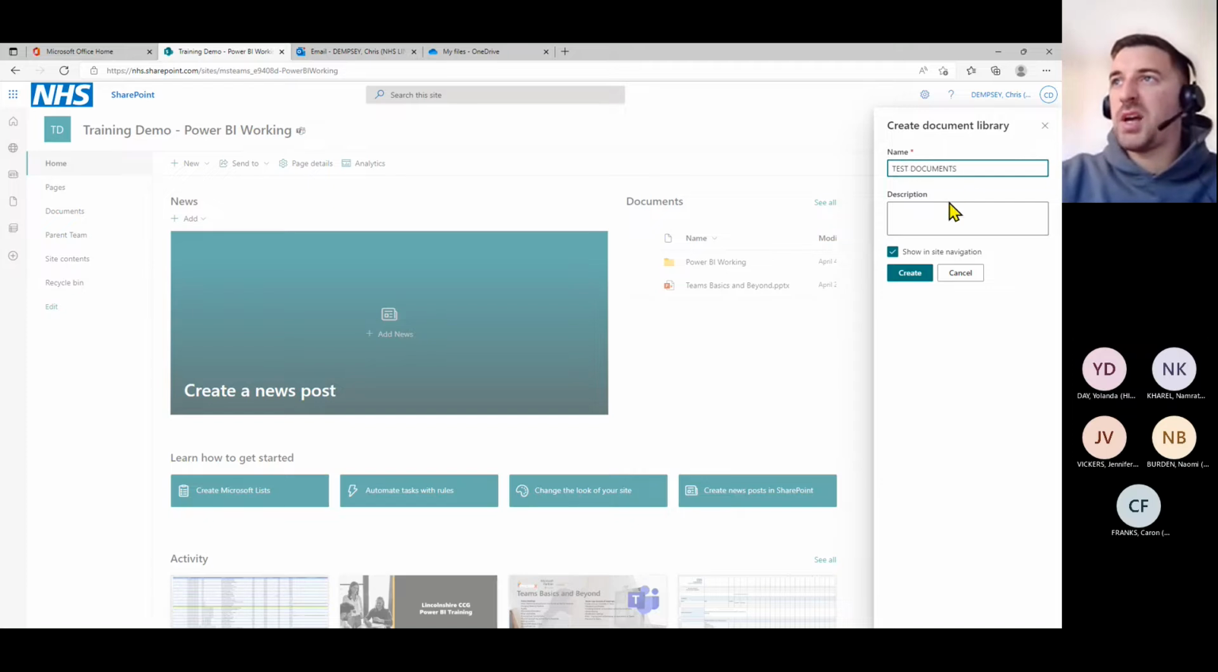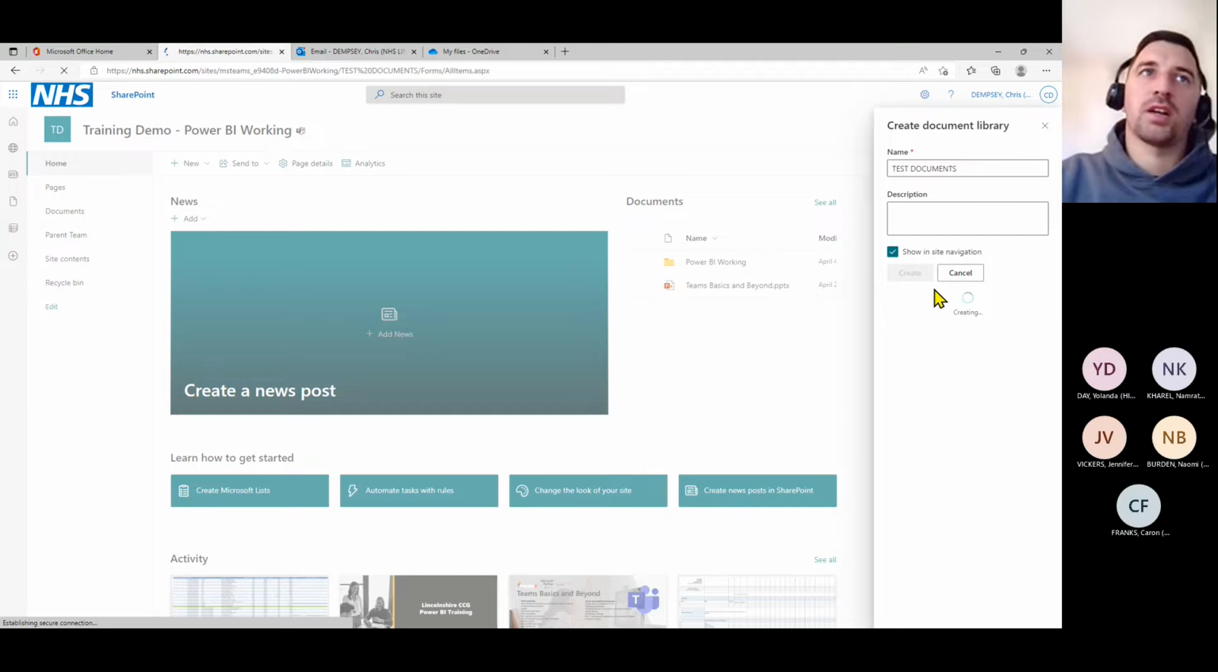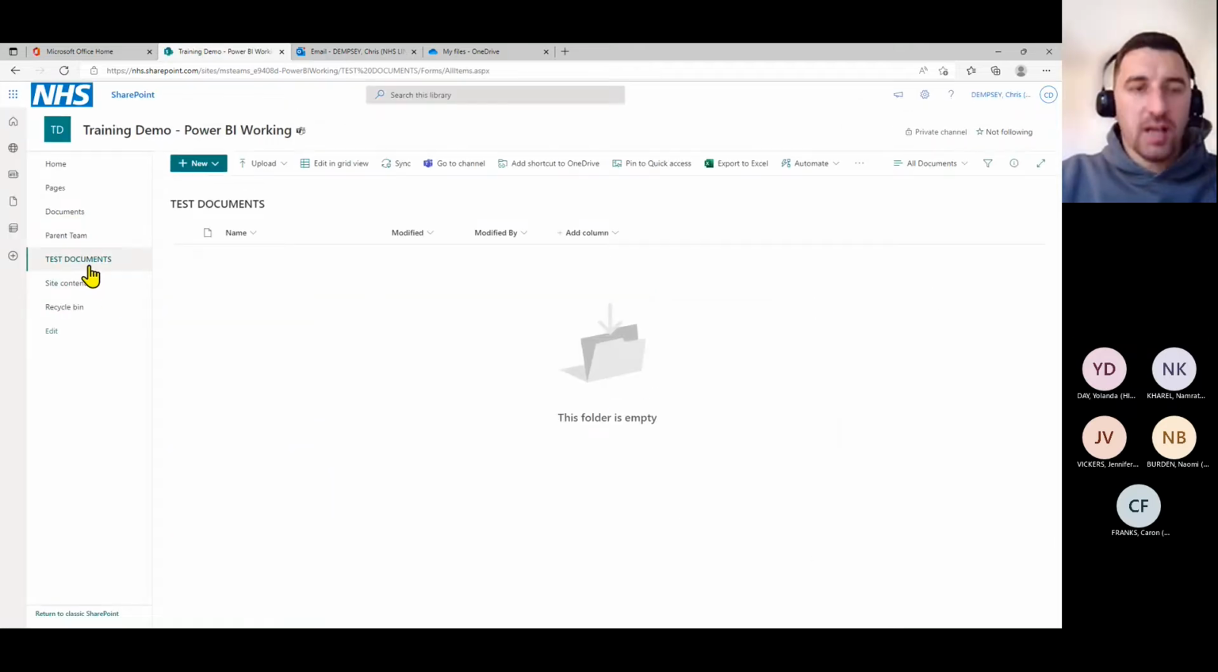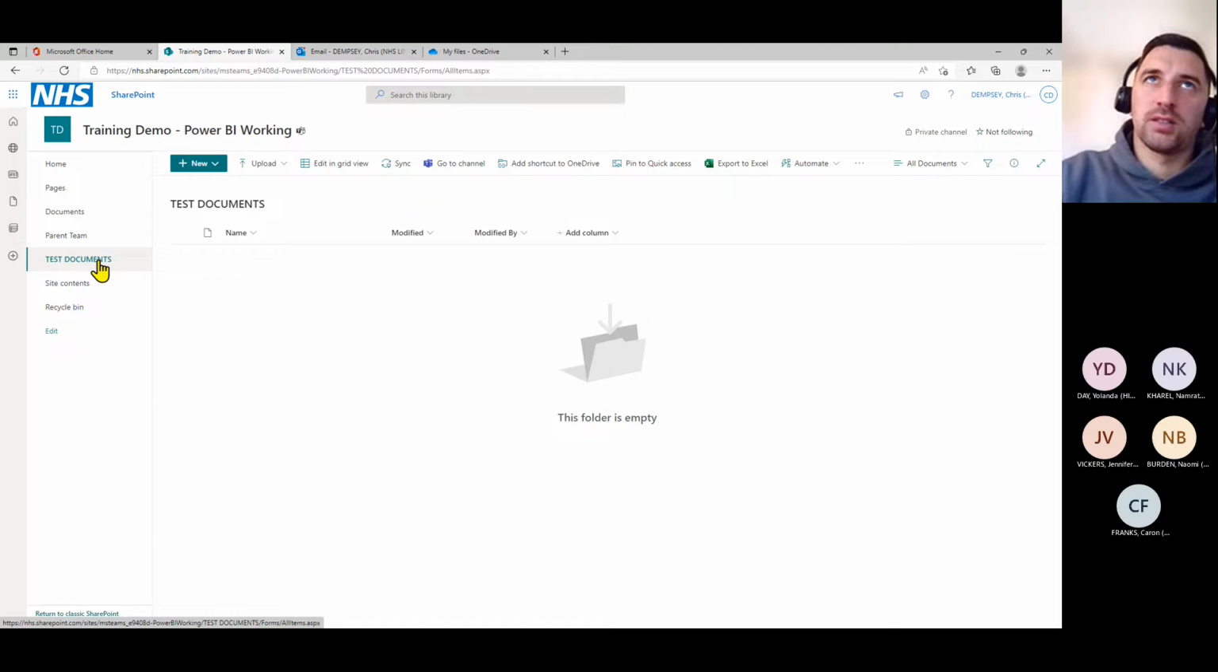So maybe I want to create a separate area now. I could put a bit of a description in there if I wanted to, and then I could click create. And that test documents now sits in this SharePoint site, which I can quickly access. Now, because I created this in SharePoint,